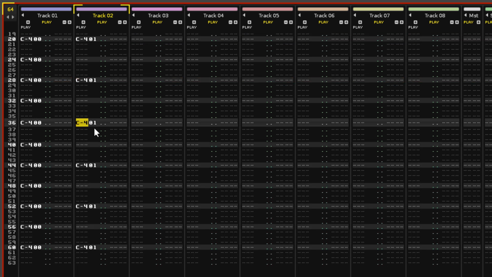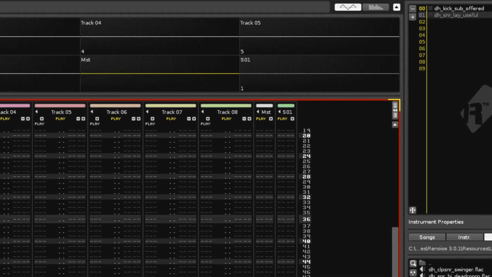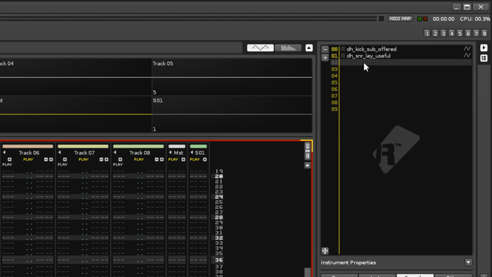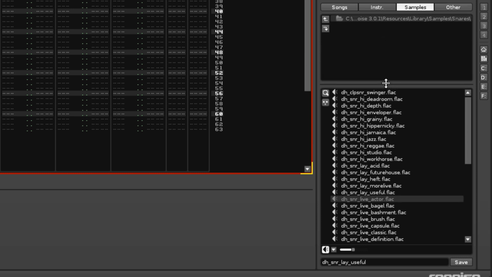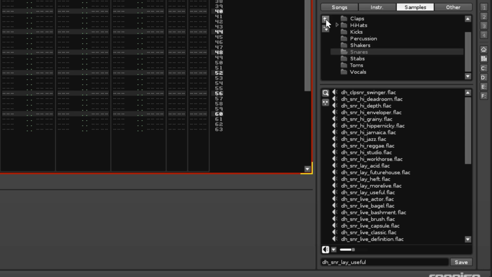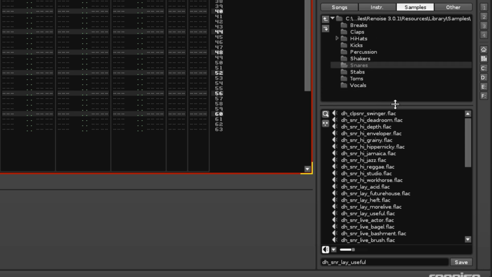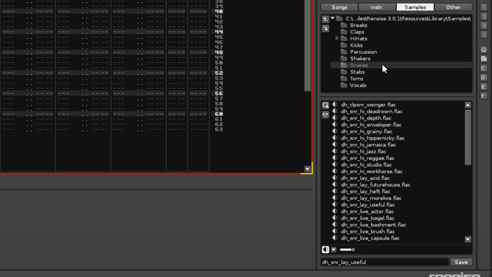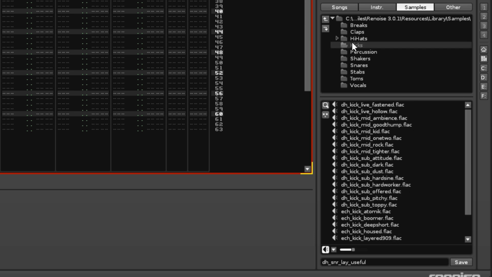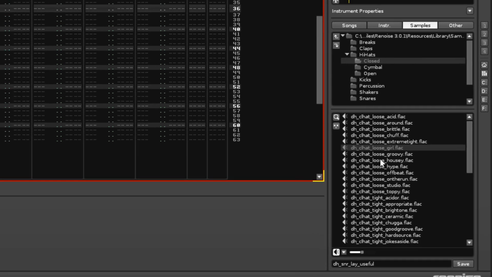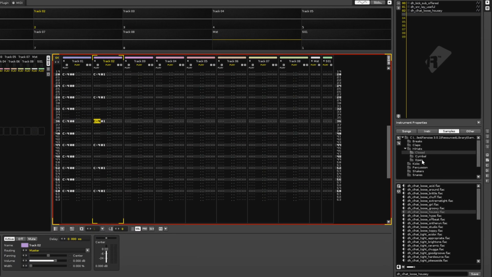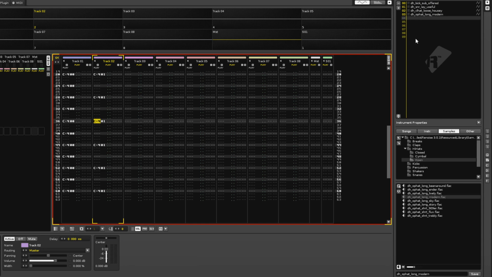Okay, let's finish up the beat with some more samples. Select the next empty instrument slot and we'll make things easier for ourselves by expanding the disk browser a bit. Click, hold and drag on the separation bar here and hit the new parent button to move up a level. Now we can click on directories to see their contents and also reveal subdirectories. Let's grab 2 hi-hats, one open, one closed, and a cymbal. I've selected Loose Housey, Long Modern, and Nice 909.